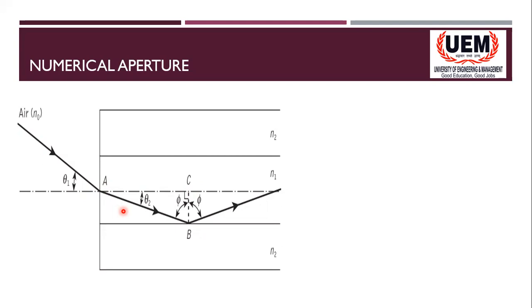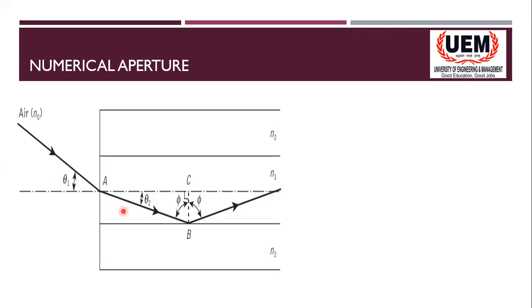Now, if you see the explanation of the acceptance angle, it is not possible for us to measure the angle of light when it is incident into the fiber optic core. So to achieve the acceptance angle without measuring it, we can deduce a formula that tells us that if we maintain that value, then automatically the acceptance angle will be achieved. So that value is given in terms of the refractive indexes.